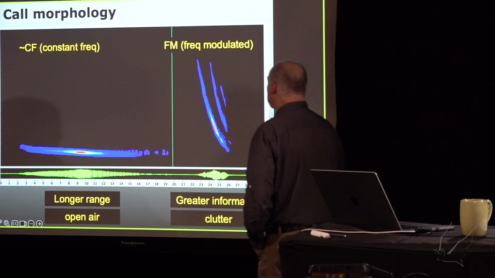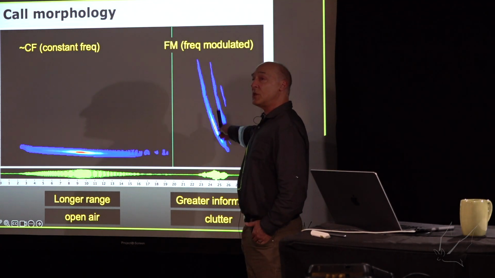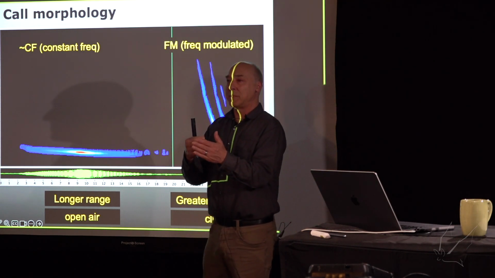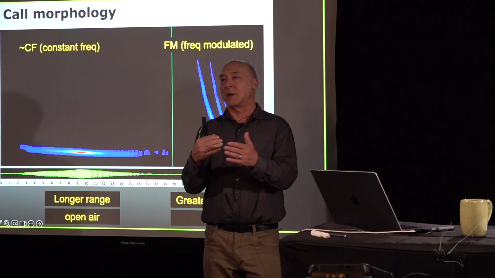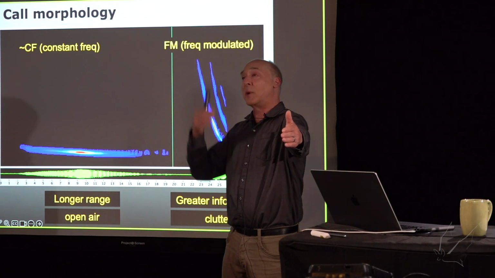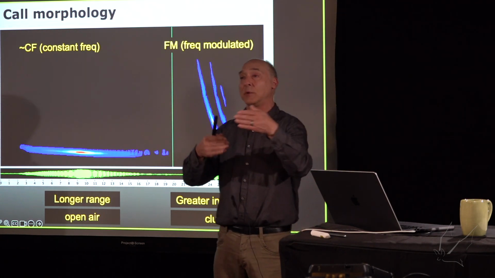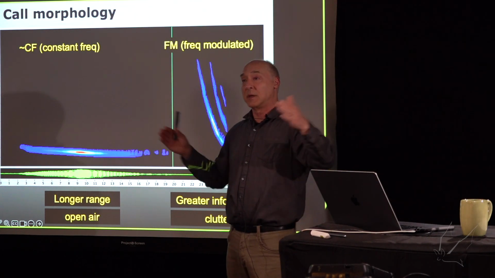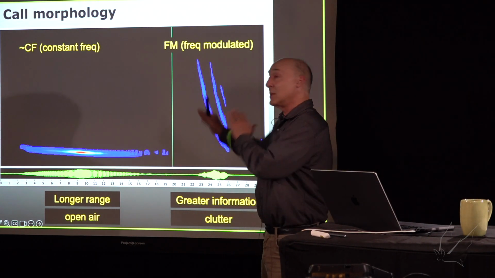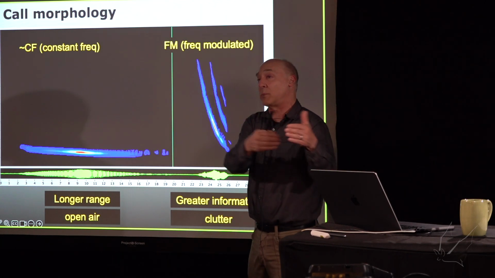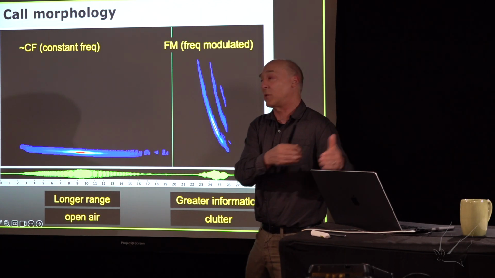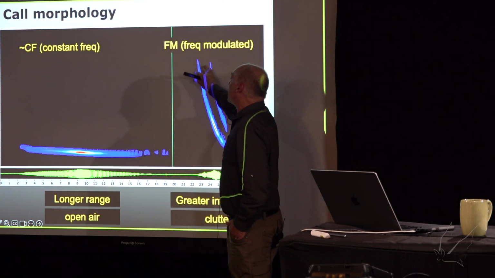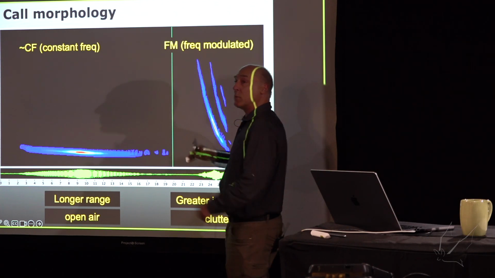And so this is going to give much more precise positioning information, because remember, the bat will interpret the distance to the target by the time from when it does the call to the time when it gets its echo back. And if it's a longer duration signal, then that's going to be smearing the distance to the object. It can tell it's out there, but once it wants to start getting more precise positional information, it will switch to a frequency modulated signal so that it's going to be able to have multiple frequencies from which it can